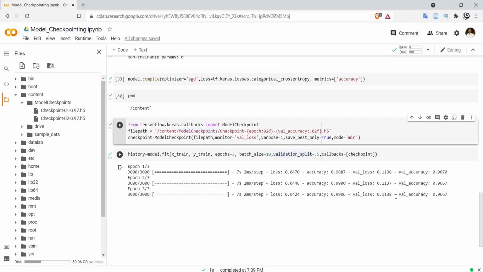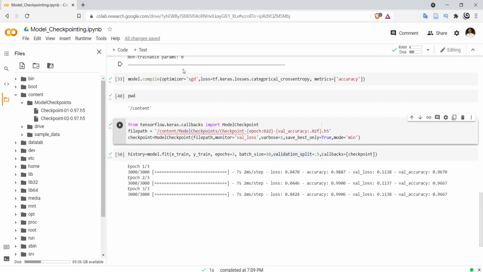If there is again a decrease in the loss, like 0.1136, a new checkpoint file will be created for you. If we want to have only one file for one model, just provide a fixed name over here. Only one file will be created, and if an update is observed, that file is overridden.